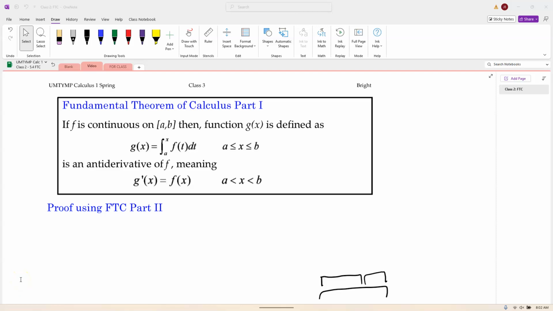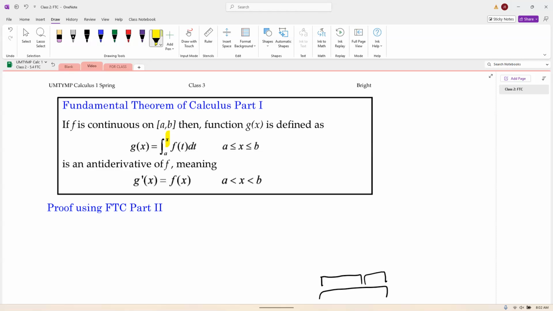All right, and at the end of the last video, we introduced an idea related to the fundamental theorem of calculus, and actually, I'd argue we did part of the proof. So fundamental theorem of calculus part one, formally stated, has the condition that if f is continuous, a very general condition, and also if we have a function defined as an integral, where a variable is in the bound of the integral,